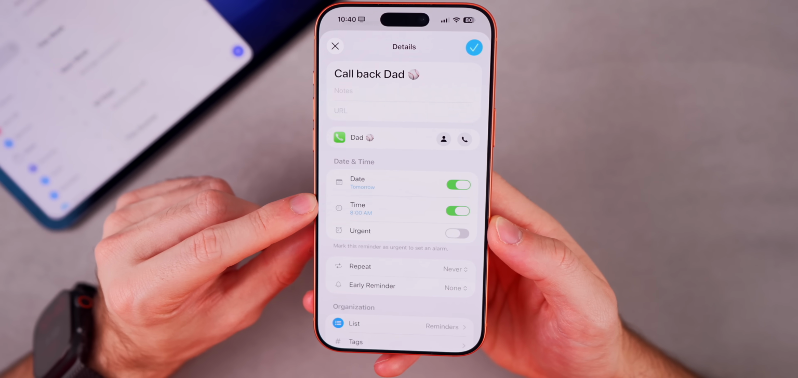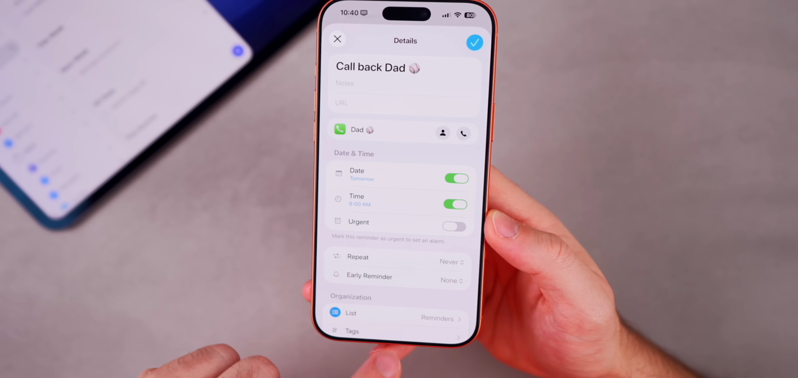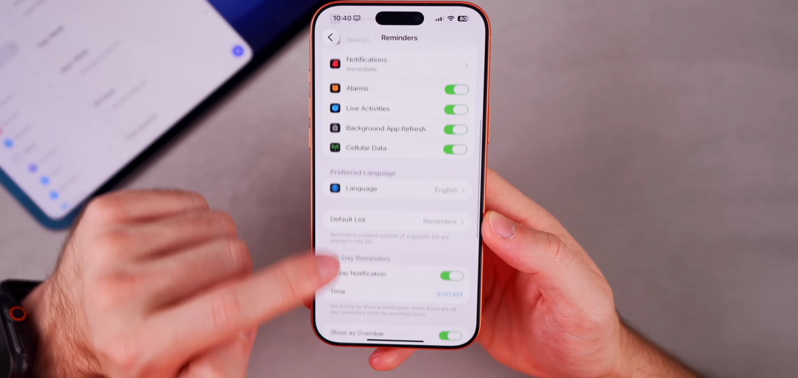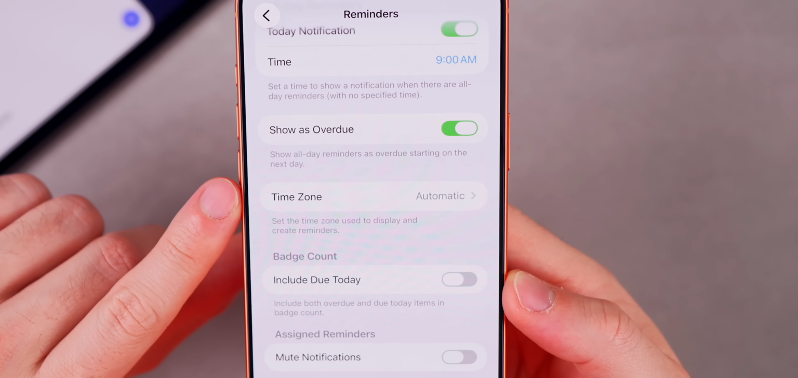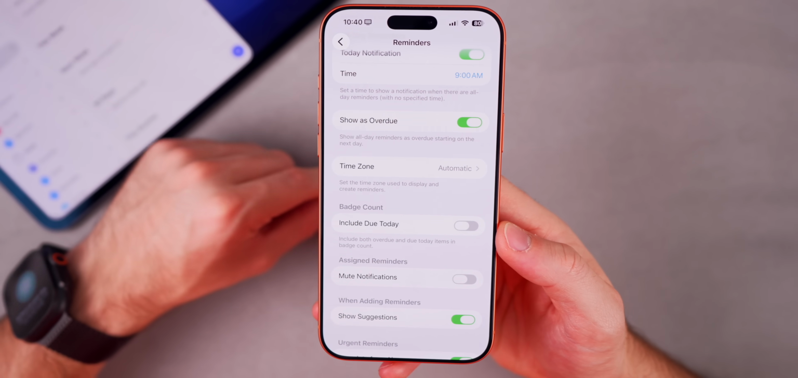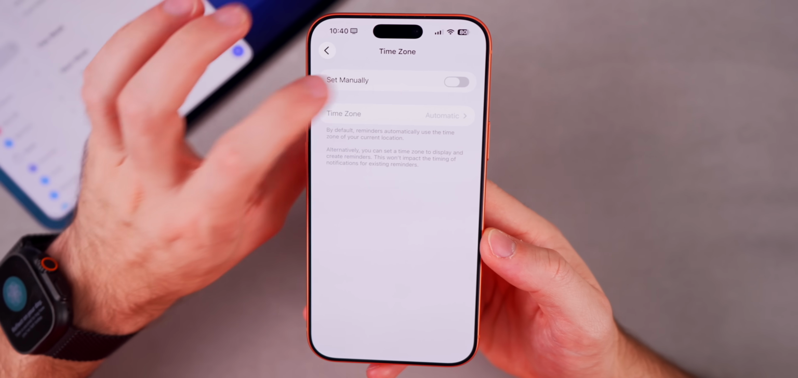And there's another new change I wanted to mention about the time of reminders. So if you go into your reminders settings right here and you scroll down, you can see that we will have a section here for time zone. So if you want this to be automatic, you can do that. But if you go into here, you can set the time